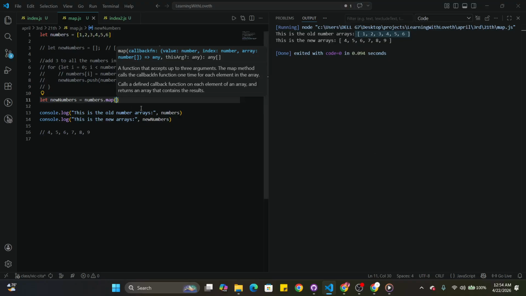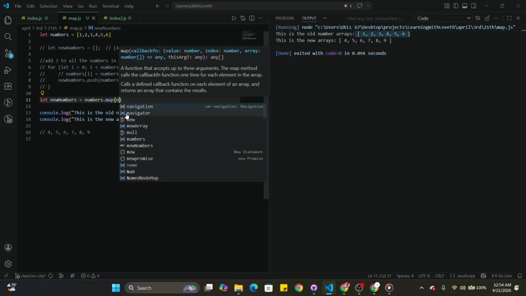Since I want to add 3 to all the items without modifying the existing numbers, first off, I create a variable that would handle the iterations. It could be any variable name. So I can say number,